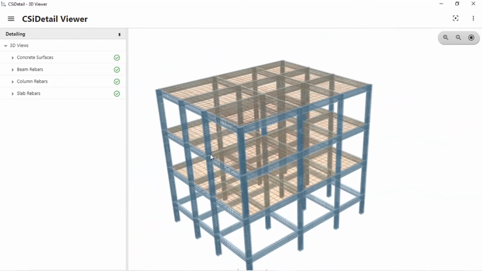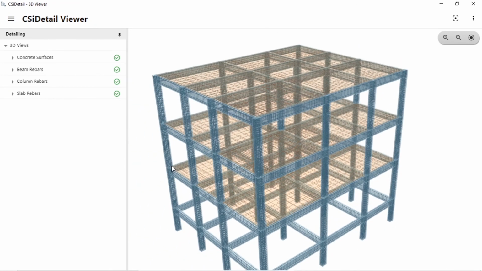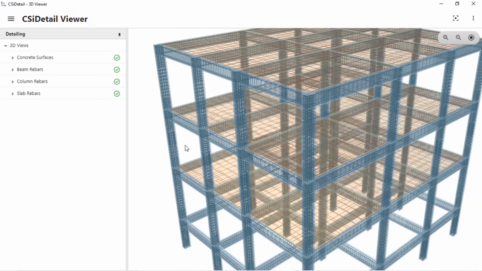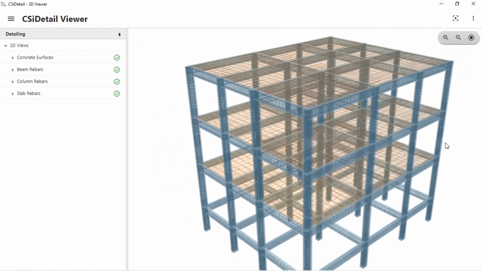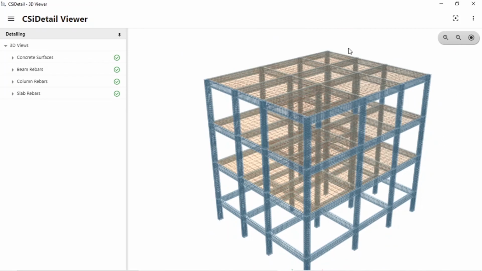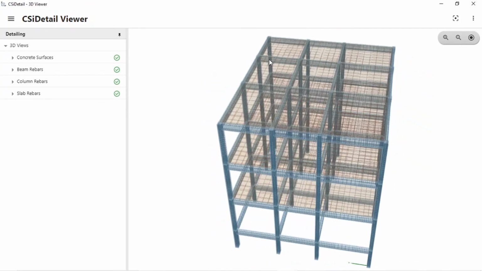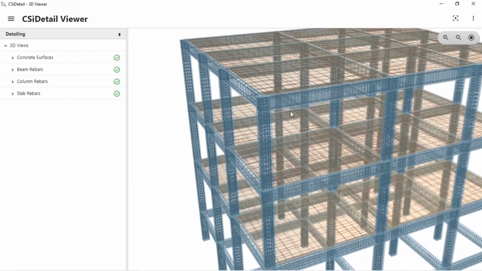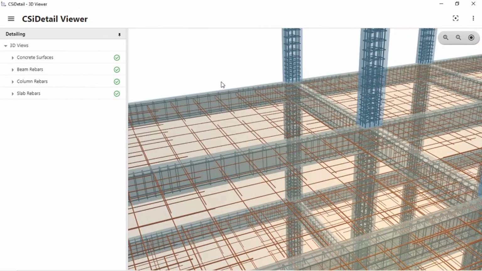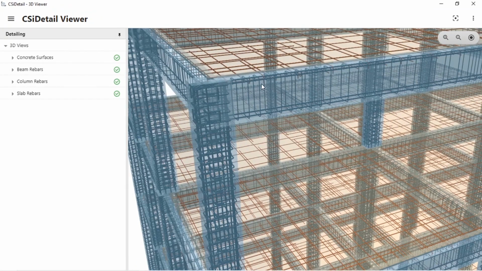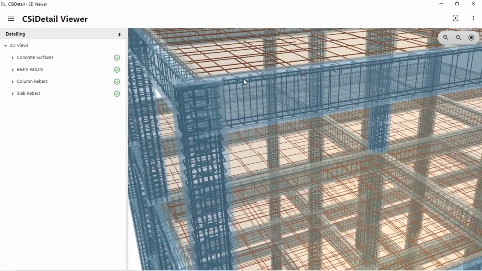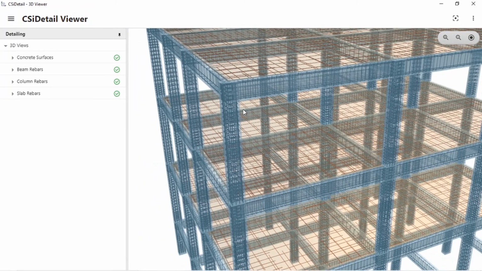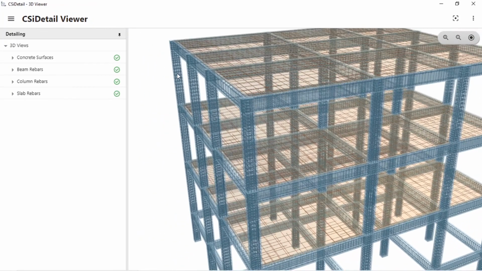And just have a rotation view, and now you can zoom in and zoom out by using the wheel button on the mouse, or you can rotate the model by using the shift and the left mouse key. You can rotate and see the details and how all the details are there. You cannot see the values of the rebar or whatever. This is just the view.